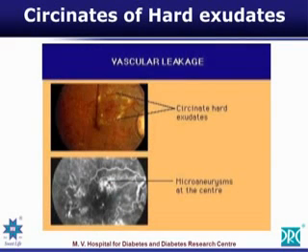Here is a circinate type, a circular distribution of the hard exudates. It is very near to the fovea. When a fluorescein angiogram is done, you will find that the microaneurysms are in the center of the circinate. It is here that the laser treatment will be focused, and once these microaneurysms are destroyed, the hard exudates will slowly disappear. But if the patient's visual acuity has come down because of the hard exudates or because of the fluid, his visual acuity is going to be poor in spite of the treatment.